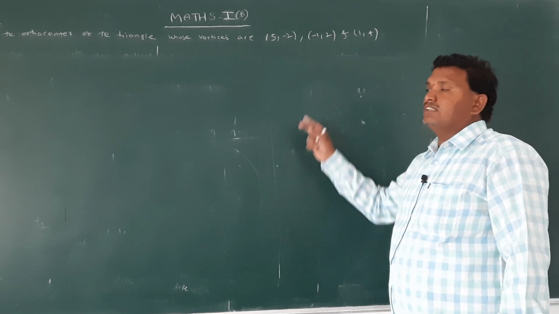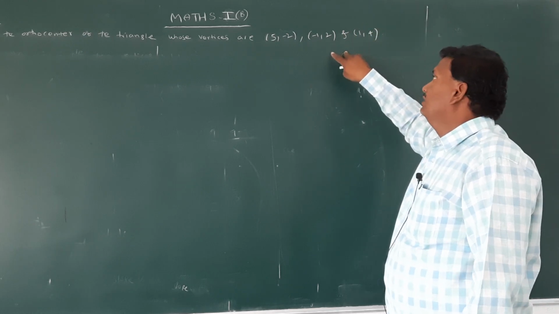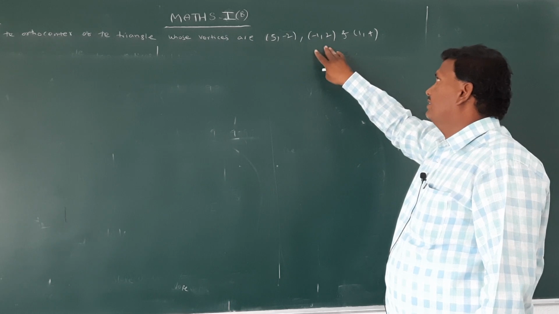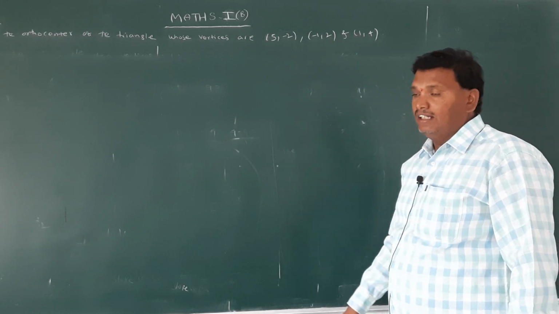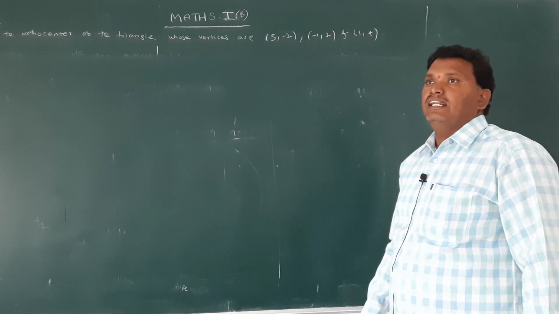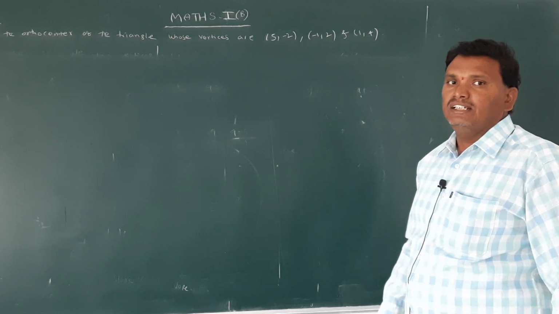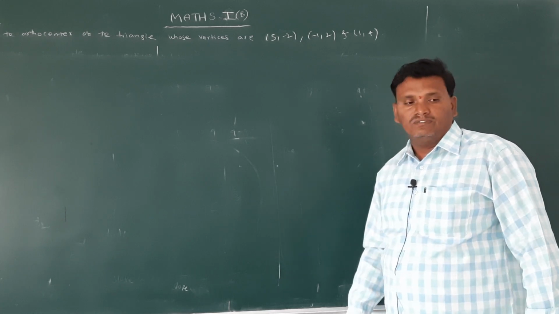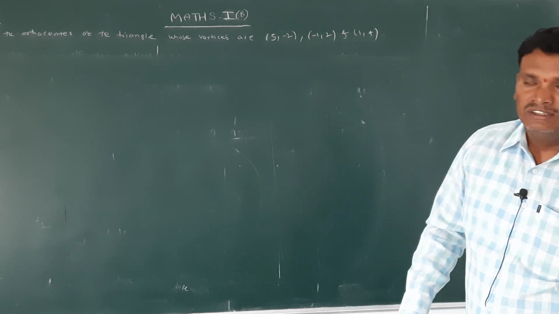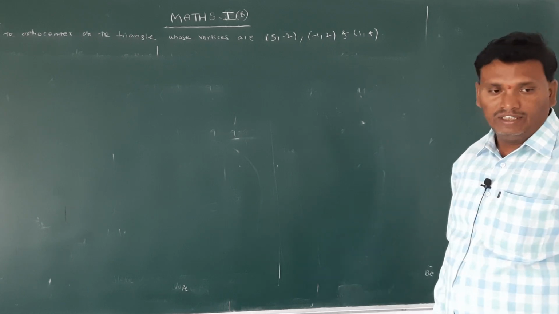Solve it and also send it on WhatsApp to my number. Previous class problem: (5, minus 2), (minus 1, 2), (1, 4). Very important problems. In the annual exam, find the circumcenter or orthocenter is one of the problems for 7 marks. Homework. Tomorrow is the homework of the problem.